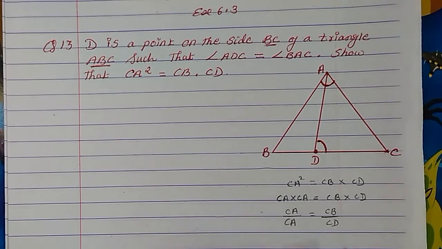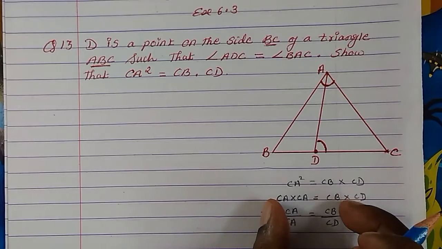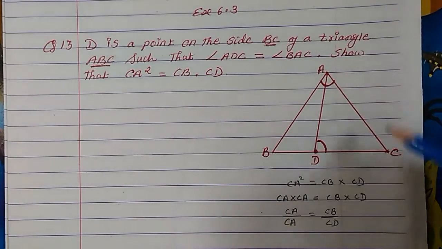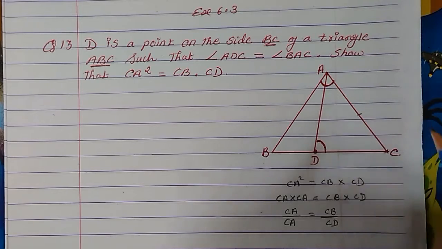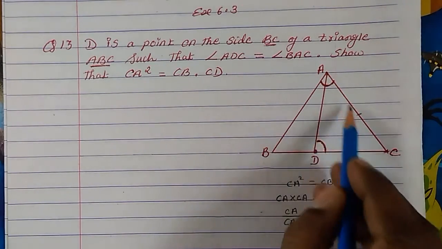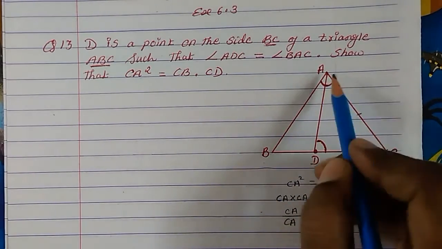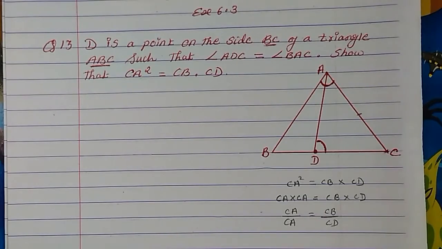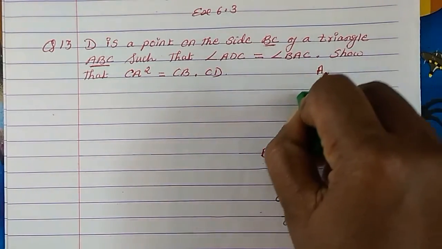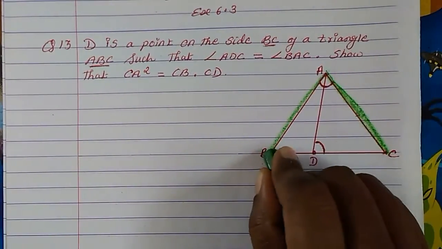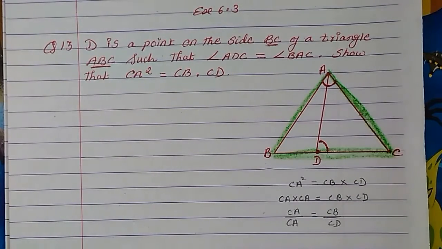Okay. So that means two triangles. So the upper one side is one triangle. This will be another triangle. So then CA and CB, in which triangle is it coming? Let us see. CA is this side. CB is, this is CB. So that means if these two sides are coming, the upper one must be triangle ABC. So this is one triangle. Okay. Triangle ABC.